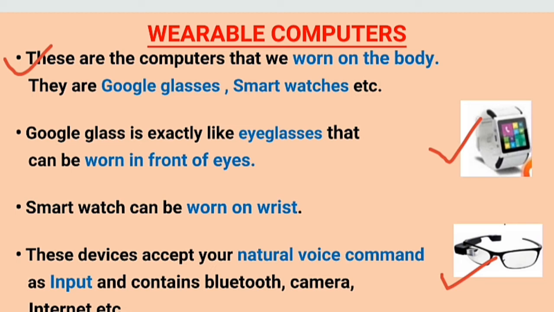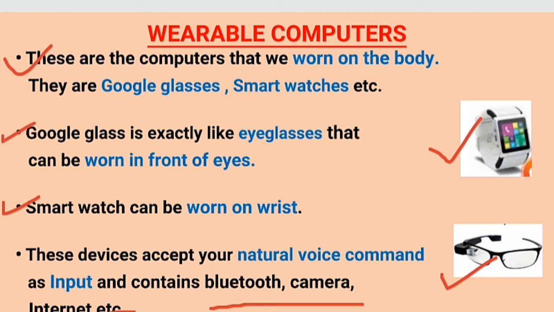In this we are using camera, internet, Bluetooth and all the things. But they are in different shapes. A smartwatch we wear on our wrist. Smartwatch को हम अपनी normal watch की तरह we can wear it on the wrist. But this watch works like a computer. We can make calls, we can use WhatsApp on this, we can record our voice. So we can do all the things on the smartwatch that we do on our smartphone. So it is a wearable computer.